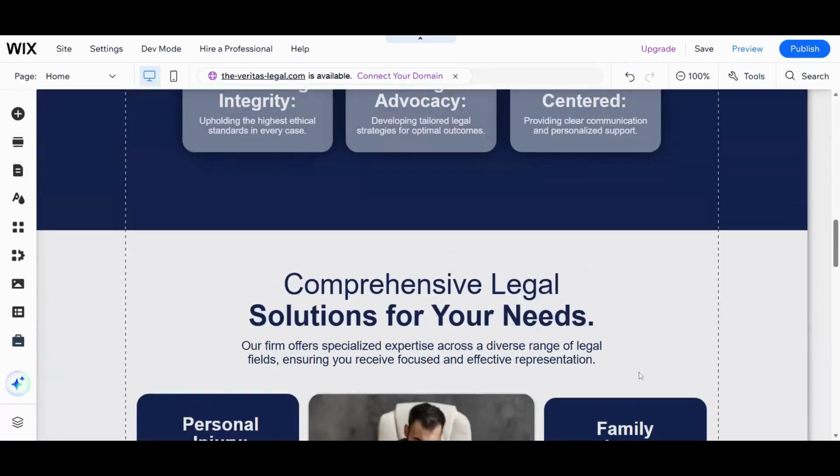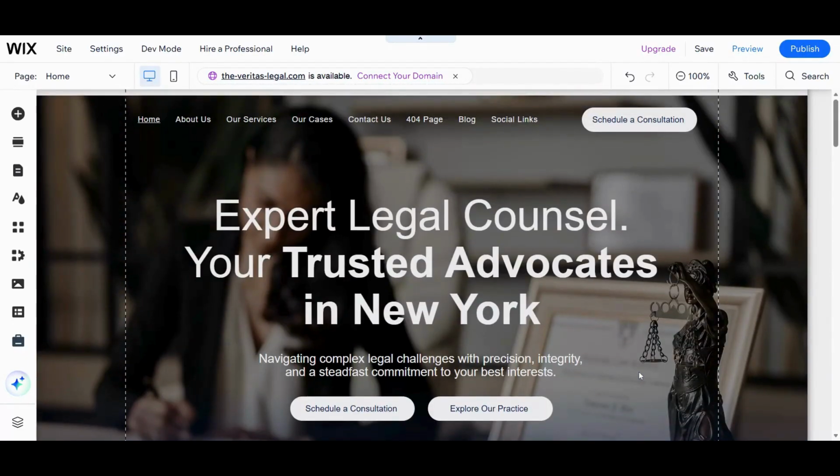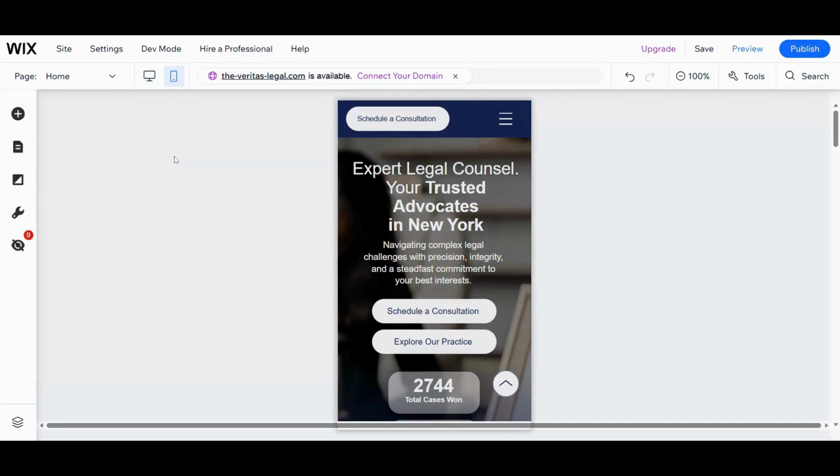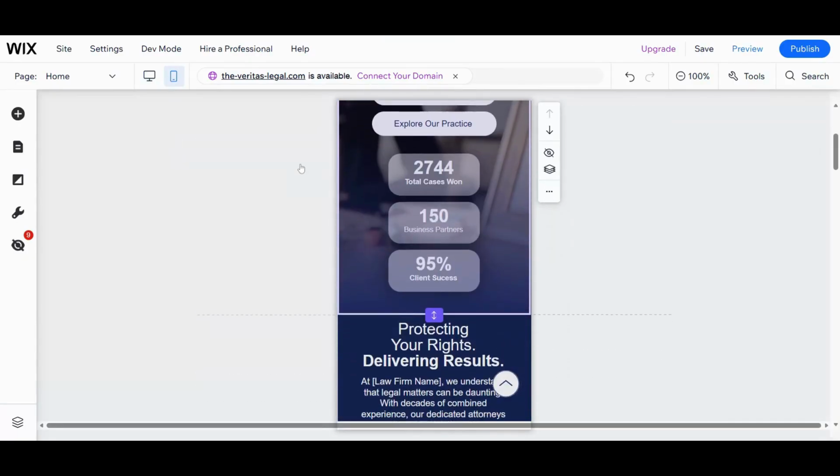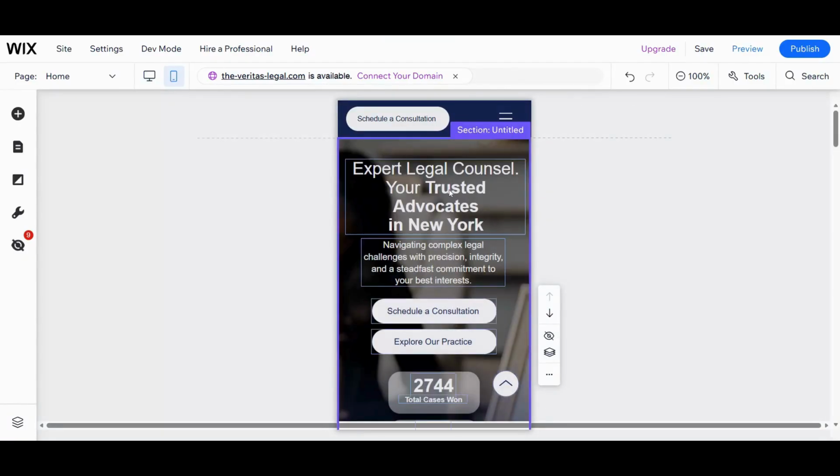Another very, very important thing as well is your mobile view. This is how your site looks on phone. And it's important that you come here every time you edit something on your main site, because sometimes on here things get moved around and they don't look as well as they do on the main site.